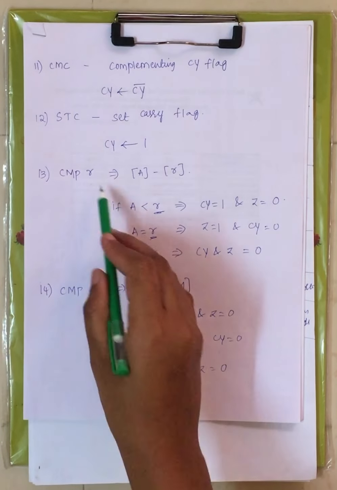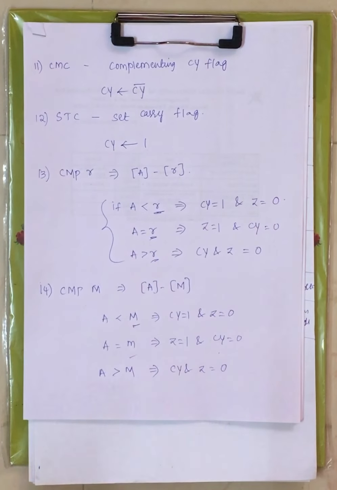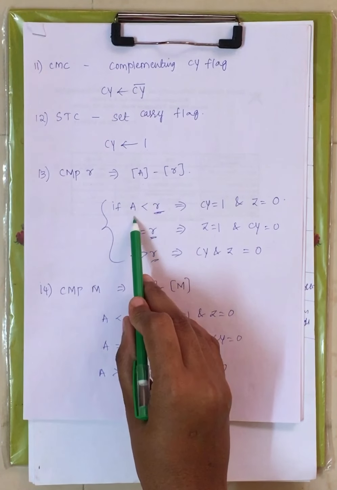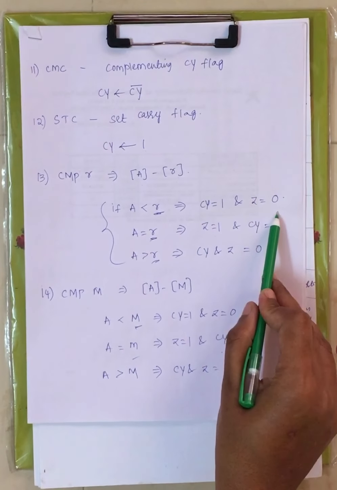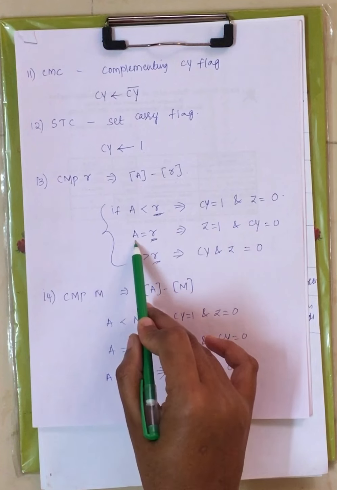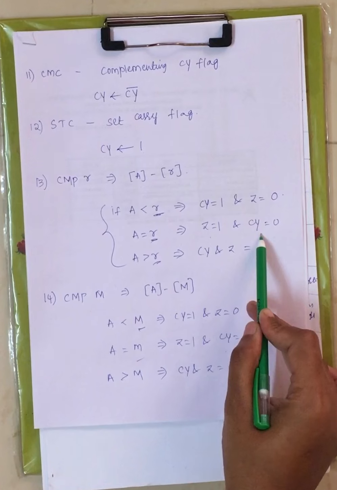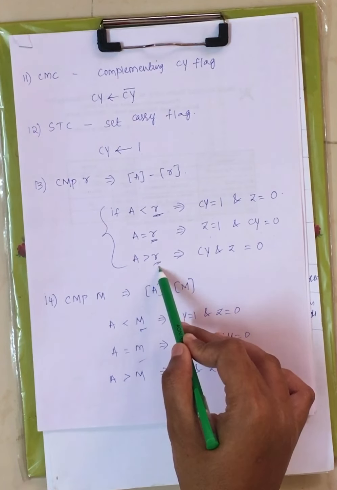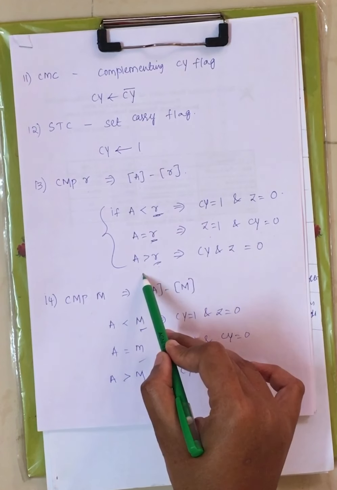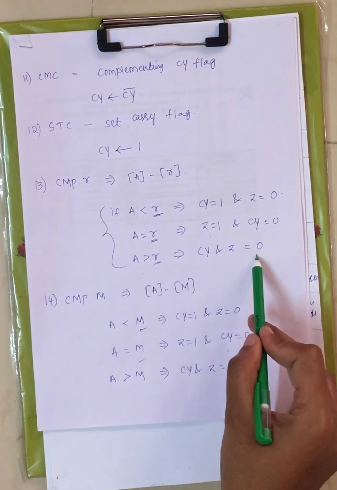CMP, compare the contents of the accumulator with the contents of register R. When you are comparing, you will get 3 results: less than, greater than, or equal to, right? When the contents of the accumulator are less than the contents of register R, the carry flag is set and the 0 flag is reset. When the contents of the accumulator are equal to the contents of register R, the 0 flag is set and the carry flag is reset, right? When the contents of the accumulator are greater than the contents of register R, both the carry flag and 0 flag are